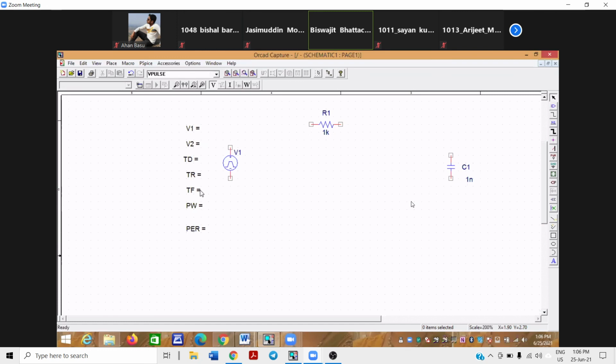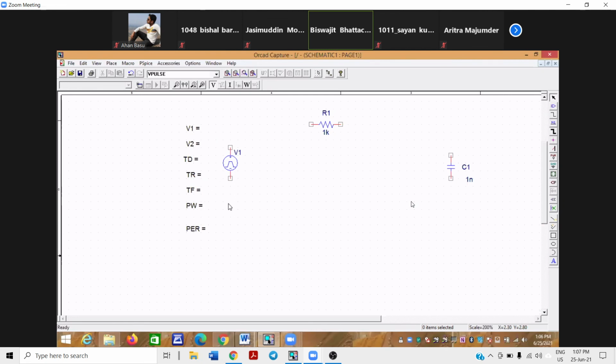TF is the fall time of the pulse, the time during which the pulse falls from V2 to V1. PW is the width of the high state of the pulse. How long will the pulse remain at V2? That duration is called PW, pulse width.